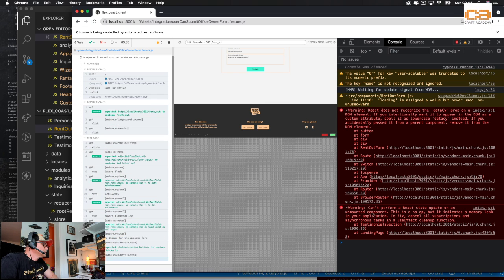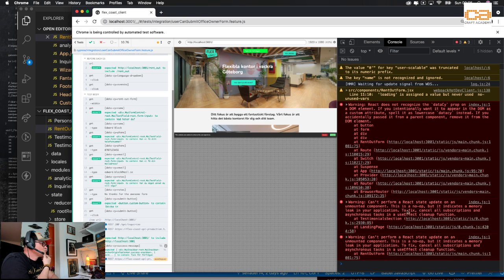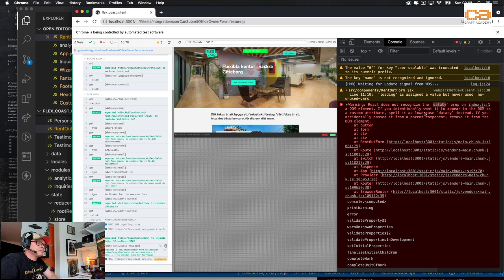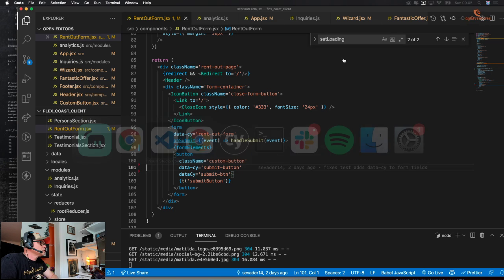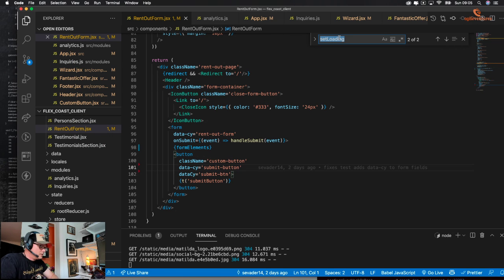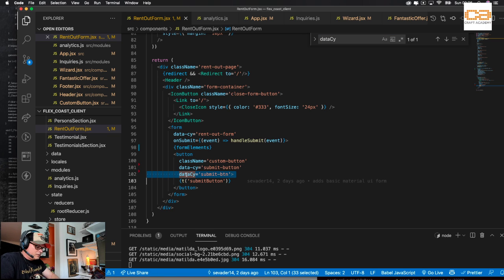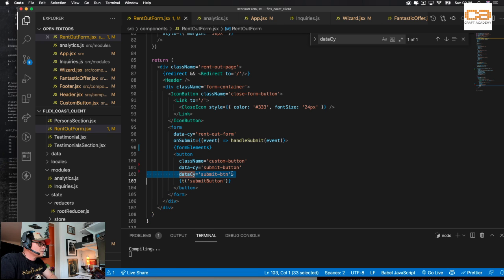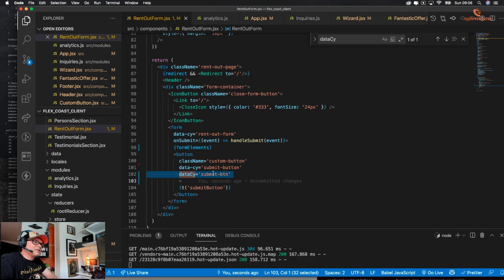Right, and now we have this data CY prop that we don't need for anything probably. So let's just take a look at that. Data CY submit button. Why would this be said twice? We don't need that for anything. This is cargo cult programming.